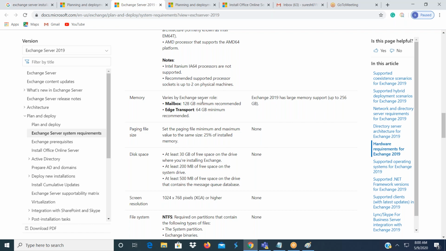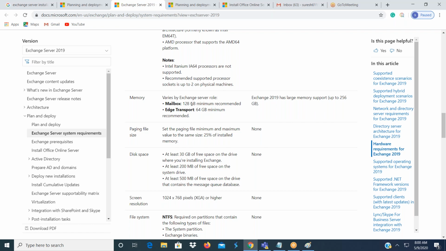For mailbox, there are two roles here: mailbox and Exchange Edge Transport. The large one will support 256 GB. Minimum recommended means 128 GB. We can customize here; this 120 GB is not exactly required to install